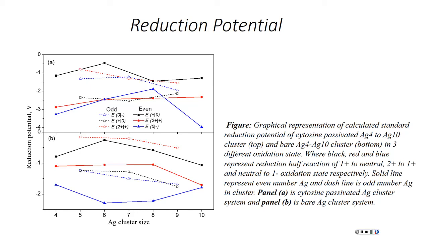And again, your dashed lines correspond to going from doublet to singlet, and solid lines from singlet to doublet? Or not? Not always. It depends on the charge. Yes, it depends on the charge. Solid line is for even number clusters, and dashed line is for odd number clusters. And just for ease, these three lines,